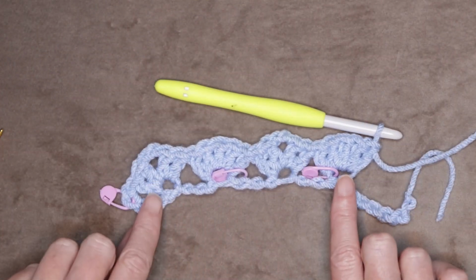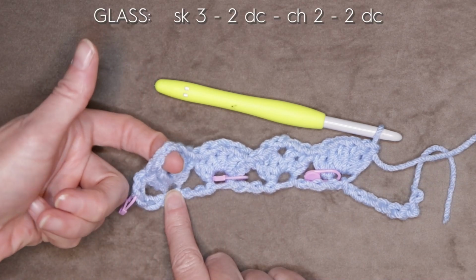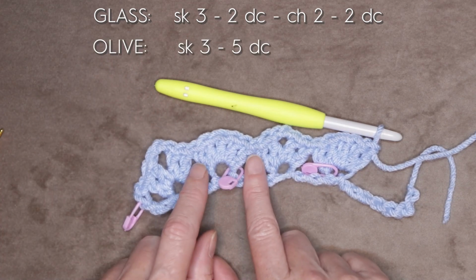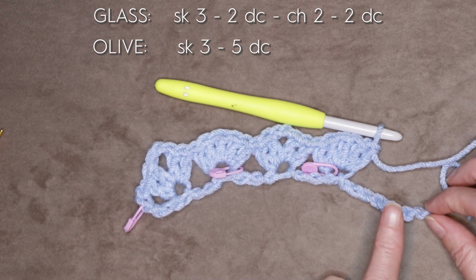So now pause the video and keep working along your chain, either doing a glass, which is 2 double crochets, chain 2, and 2 double crochets. It has that space in the middle. Or an olive, which is just 5 double crochets. So skip 3 and either do a glass or an olive all the way along until you reach the end